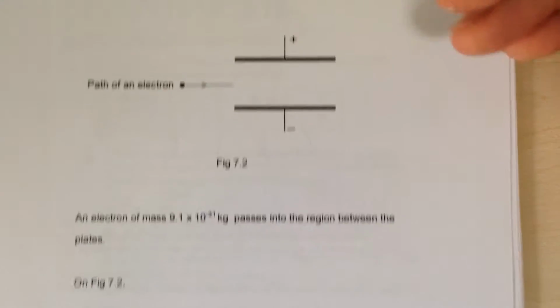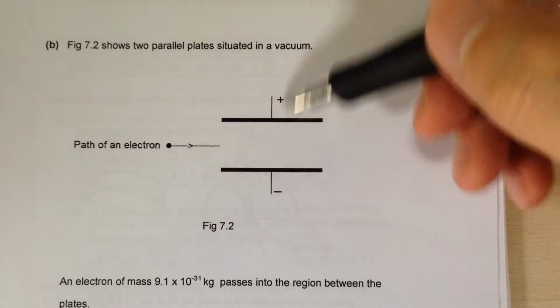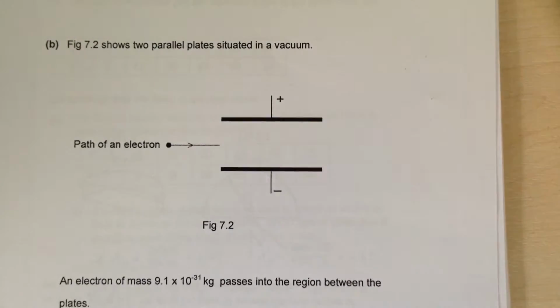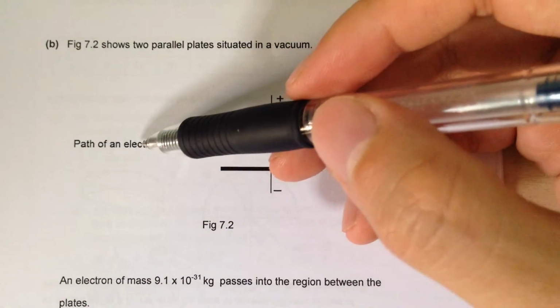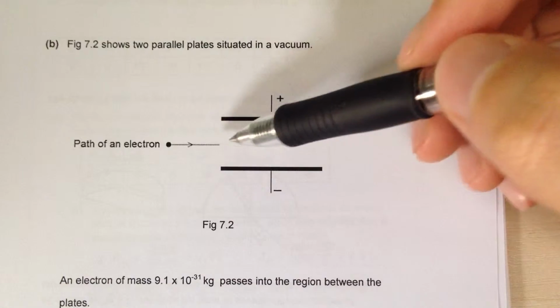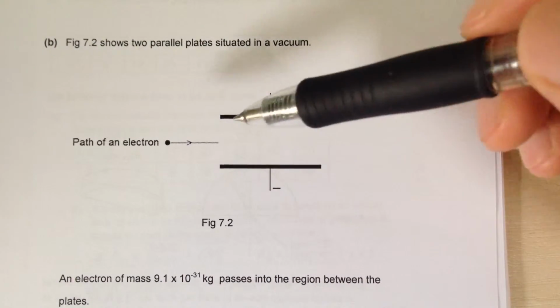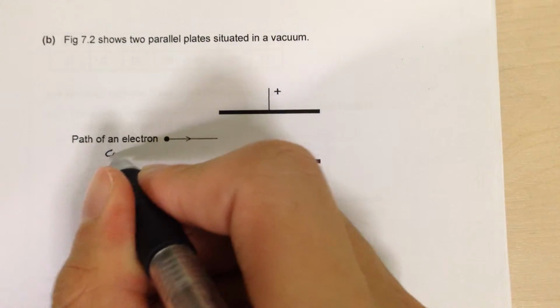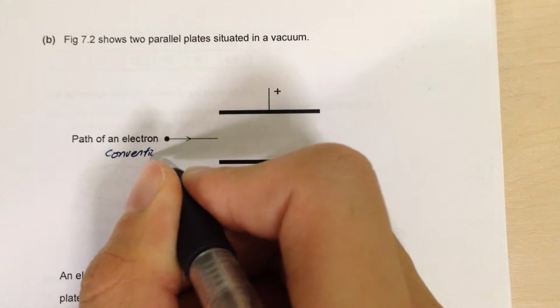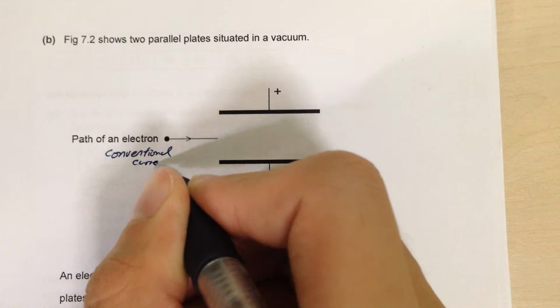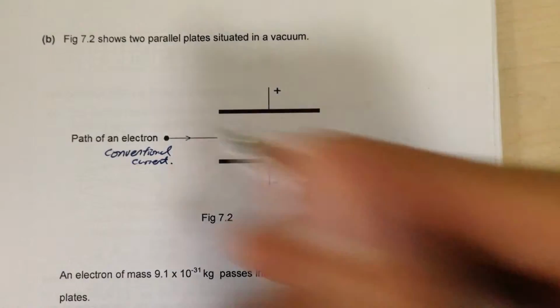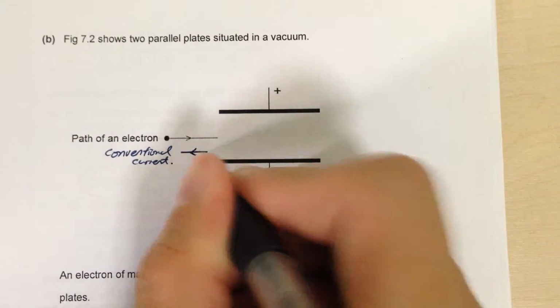Okay. Then after that, you have another setup. So you have two parallel plates. In between is vacuum. Okay. And this time you have an electron. And when you have an electron moving, this is the true electron path. Meaning that the conventional current,